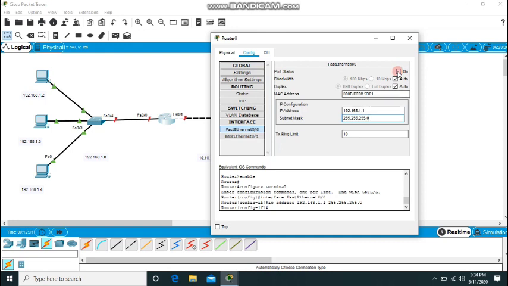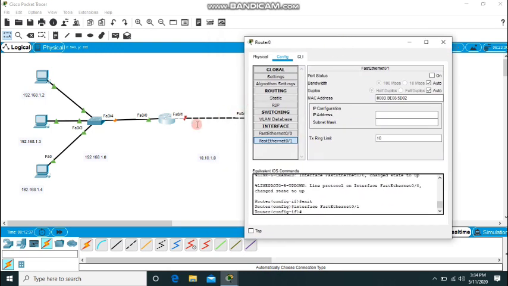Here you put the tick mark on port status. Similarly, this is the next port, 0/1. The network we allocated here is 10.10.1.0, so I'll put 10.10.1.2, one IP address from that particular network, and I will turn it on.